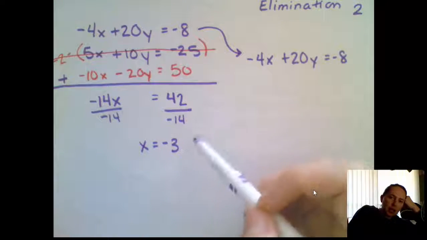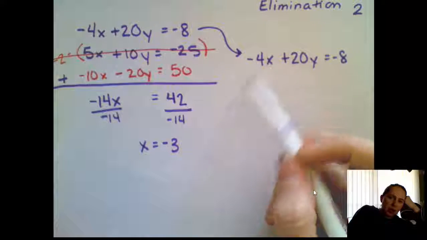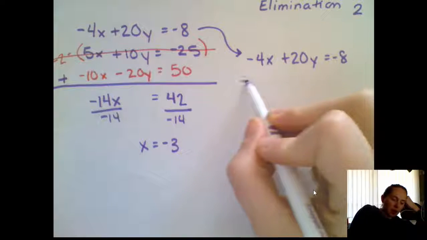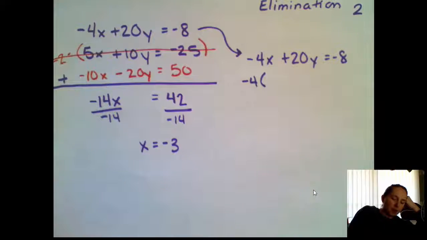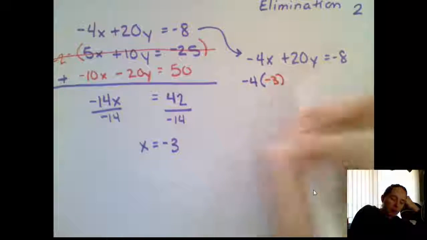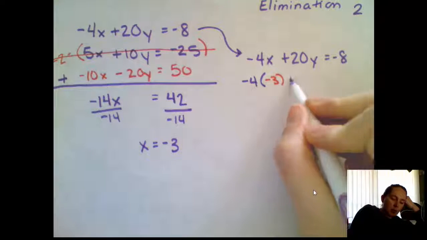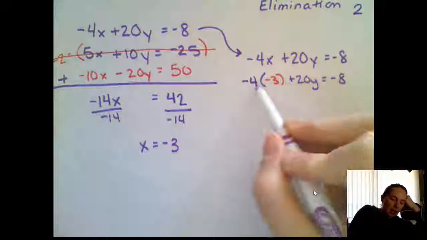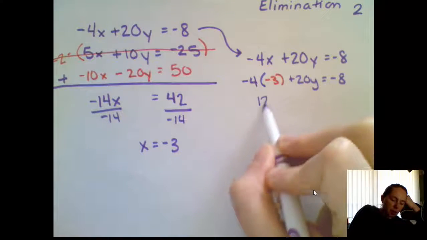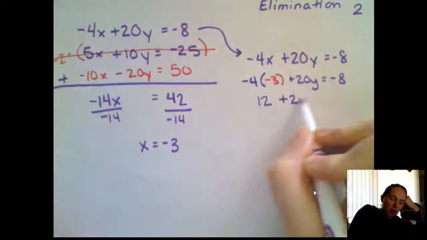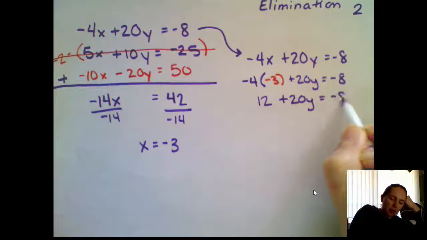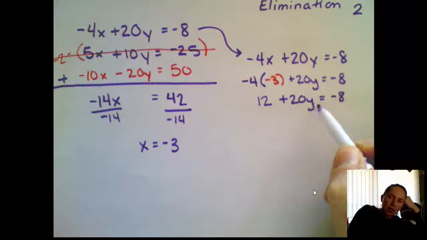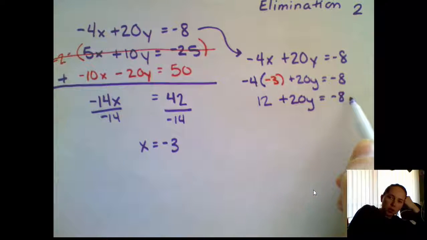Now I'm going to rewrite it, but instead of this x, I'm going to plug in negative 3. So negative 4 times negative 3 plus 20y equals negative 8. Negative 4 times negative 3 is positive 12, plus 20y equals negative 8. We want to get the y by itself, so we're going to move the 12 over with the 8. So we're going to subtract 12,